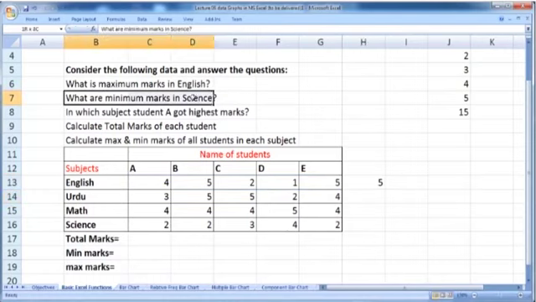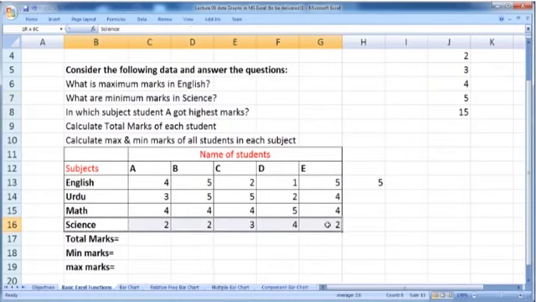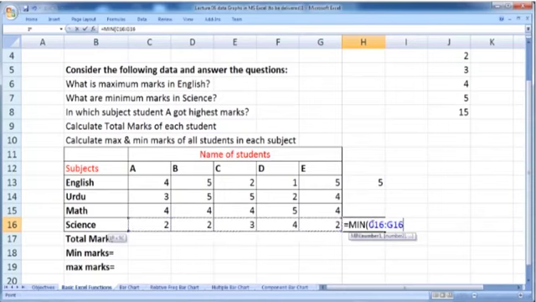So let us move to the next question. It is, what are the minimum marks in science? Here is the science subject. The minimum marks in science, we can use again the min function. This time instead of the max function we use the min function. So min of C16 to G16, it is 2.